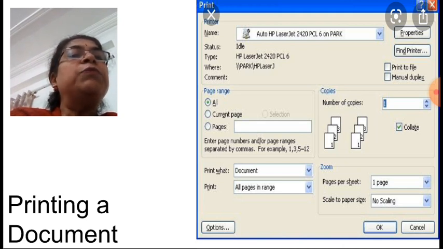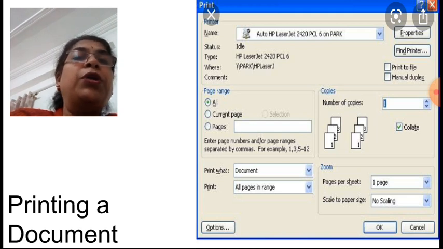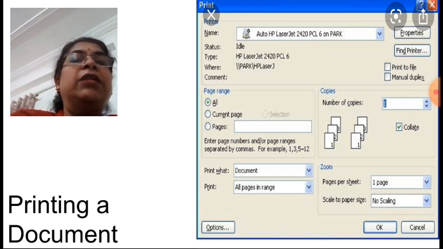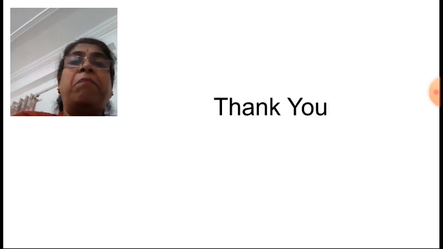Same way you have to specify the copies also, how many copies you want. Correct, it is shown here. Then print what? The full document or pages, again you have to specify all that. If you want to zoom, that option is also available here. Check it properly and then only click on OK to get the printout on the paper.